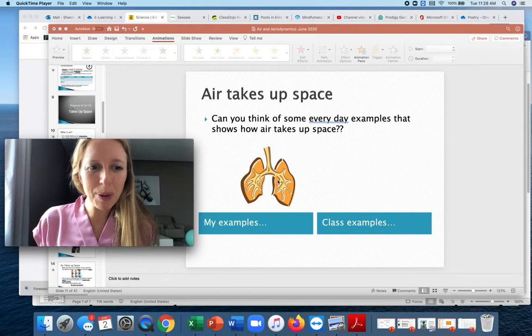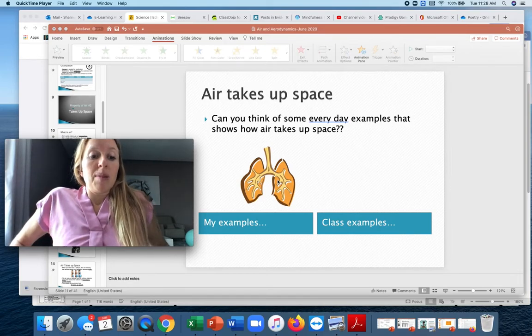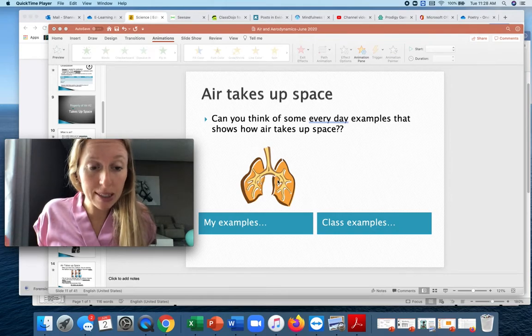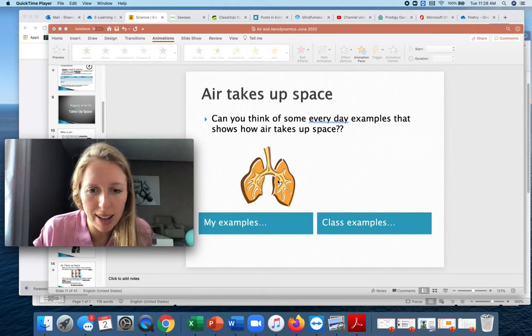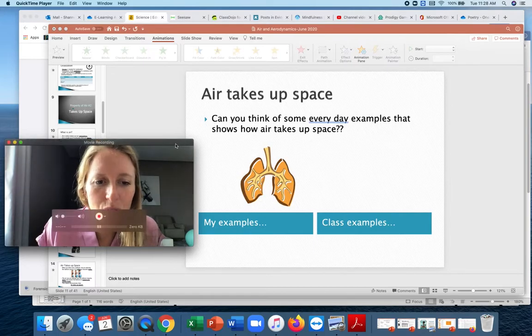Even as we're breathing, you know that when you take a big breath in, you fill your lungs with air. Even if you take a breath into your stomach, you feel it. You can tell that it's taking up more space compared to it being pressed out of your lungs. So what else? How else do you know?